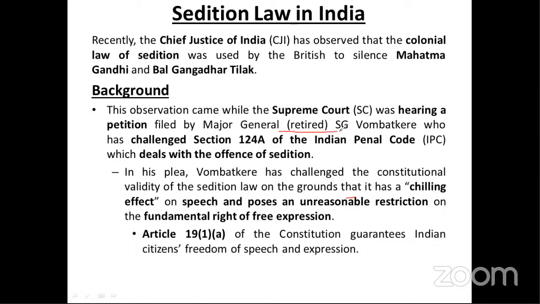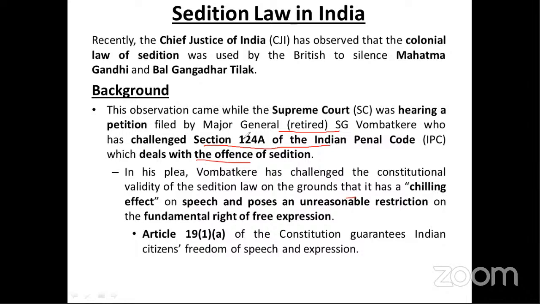Major General (retired) S.G. Bombatkere has challenged Section 124A of the Indian Penal Code, which deals with the offense of sedition. Sedition means that if any person in our country, by writing, speech, or any media, criticizes the government, and